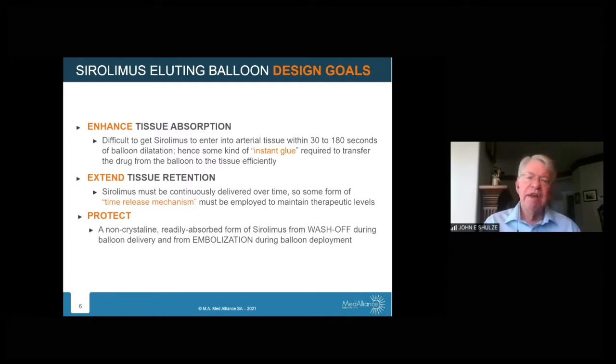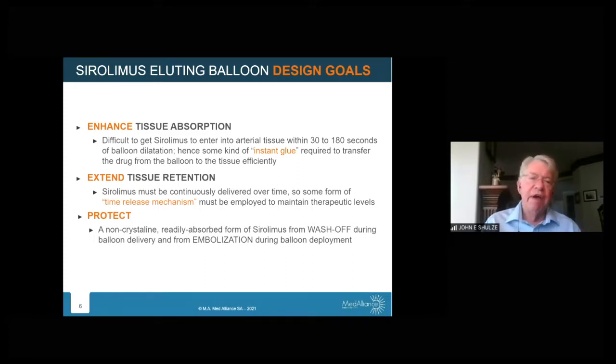be effective, we had to have a pharmacokinetic profile that was at least comparable with what we get when we implant a drug-eluting stent. And as we know, drug-eluting stents, the coatings are capable of releasing the sirolimus over a 30 to 60-day period in order to exert the anti-restenotic effect. If we just coat sirolimus on a balloon without some kind of a time release mechanism, we would have a very poor result. You need an extended release of the drug in order to cover the entire anti-restenotic